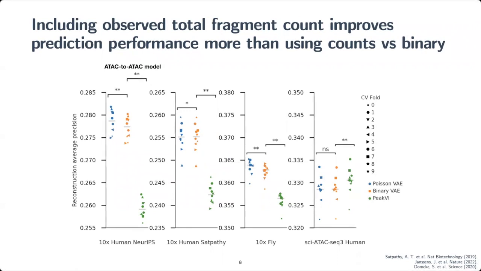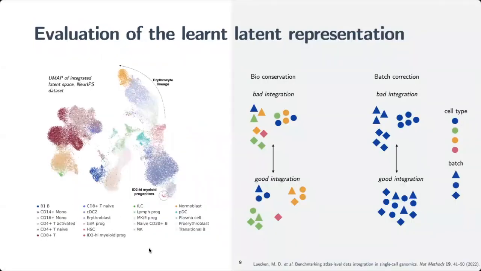And we did more analysis in the paper and saw that basically the advantage of using a quantitative model increases the less sparse your data gets, which is also kind of intuitive. So here we argue that the ATAC-seq 3 dataset is most likely too sparse to see an effect. And then the second evaluation, we looked into how well do these different methods